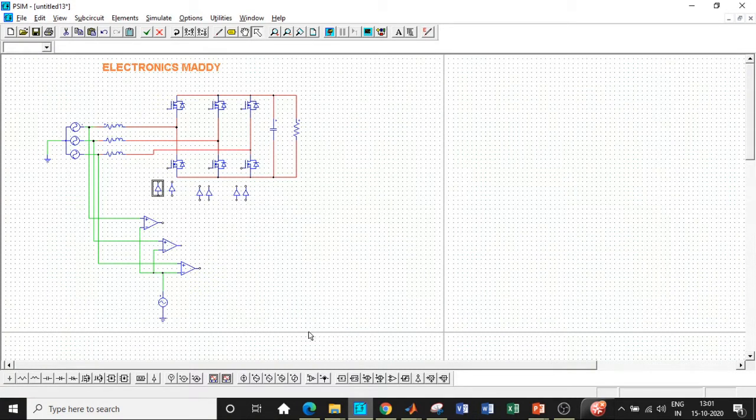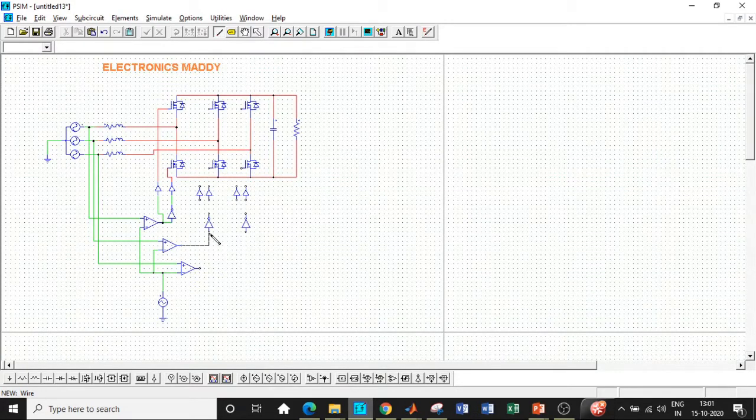Once that is done, we will also be requiring a NOT gate. So we will be having the NOT gate over here. Rotate this by right clicking on the mouse, and we have to connect it to one of these switches that are to be triggered in each of these legs. Let us say the upper leg is given with the normal contact, and the lower leg is given with an inverted contact. So now I'll be connecting this at this point, and I'll be taking the tapping from this point, and this should be connected to this end, and the gate terminals can be connected over here. Again, this should be connected to this gate terminal directly.